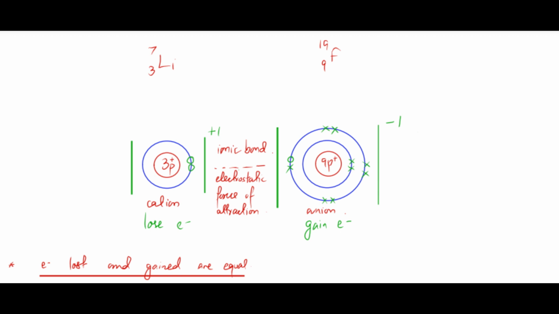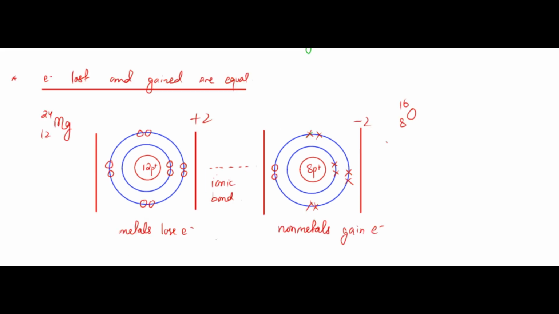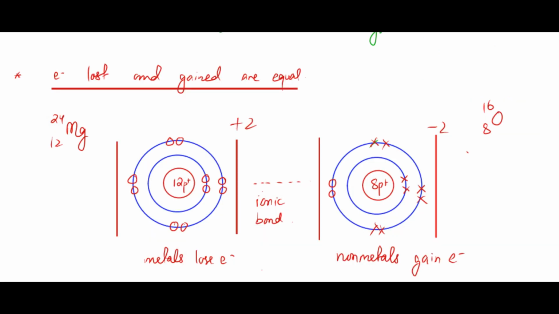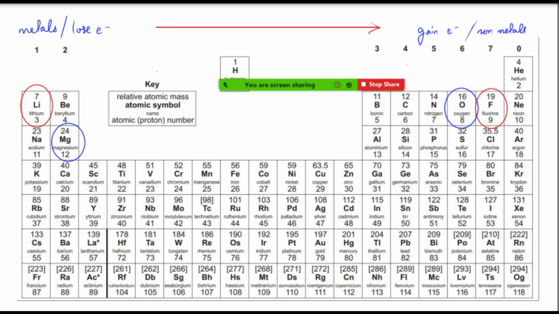Let's discuss another example, the formation of magnesium oxide. Magnesium belongs to the 2nd group and it has 2 electrons in the outermost shell, which it is going to lose to the oxygen atom. Oxygen belongs to the 6th group, so it has 6 electrons in the outermost shell. So both atoms have a greater tendency to attain the electronic configuration by the loss and gain of electrons. As magnesium is a metal, it is going to lose electrons, and oxygen, which is a non-metal, has a tendency to